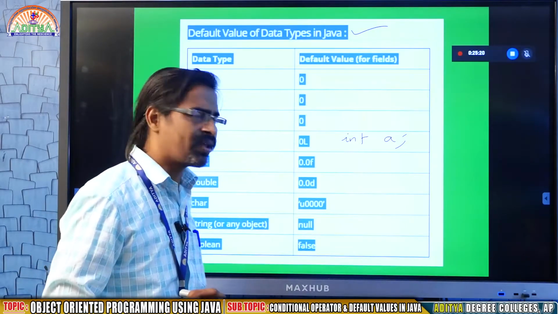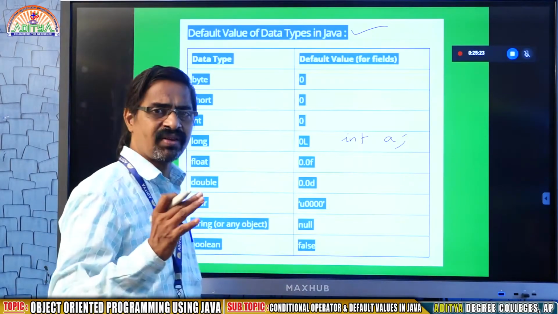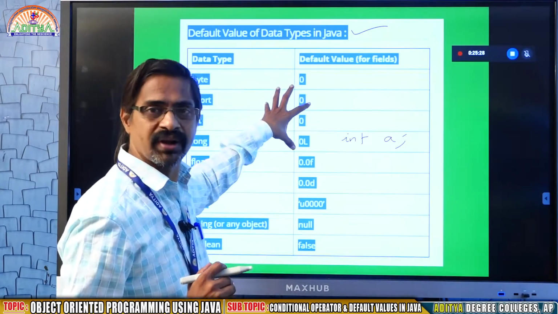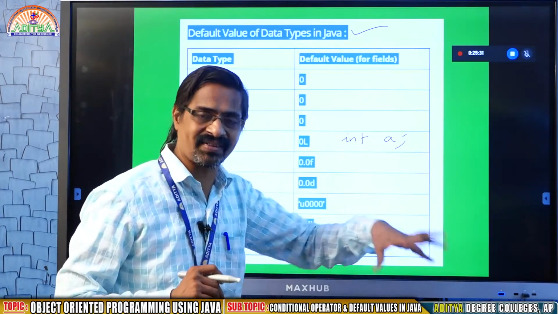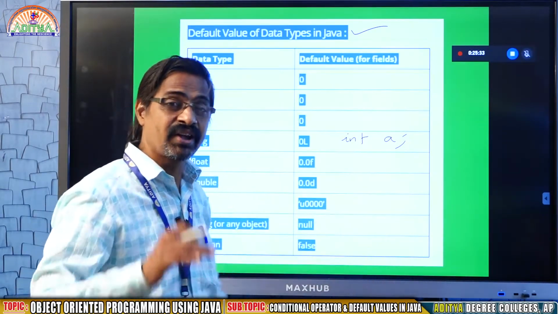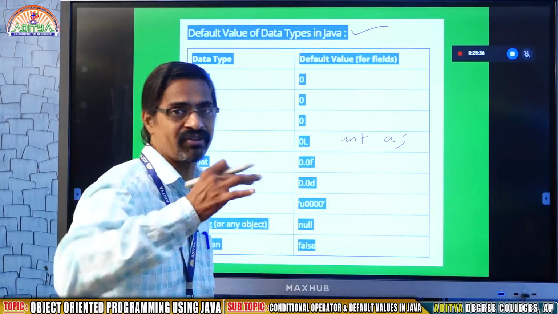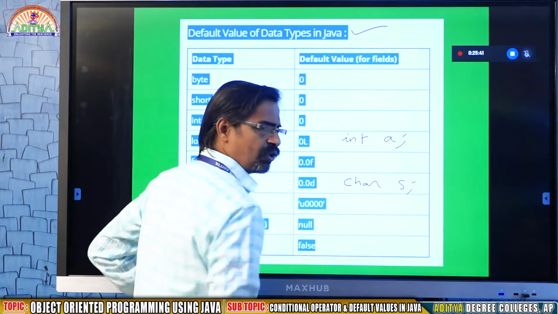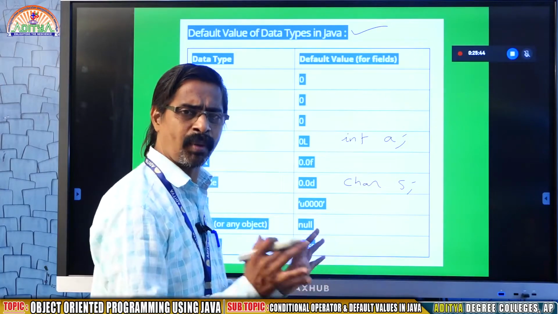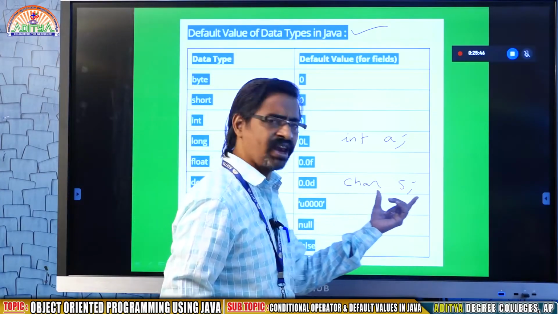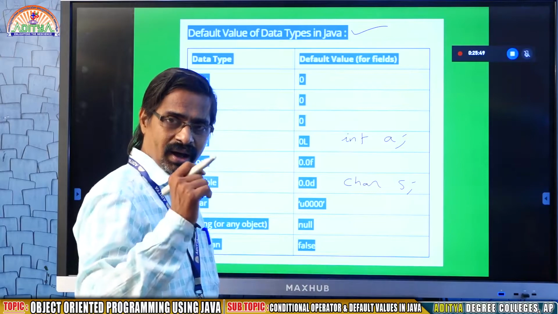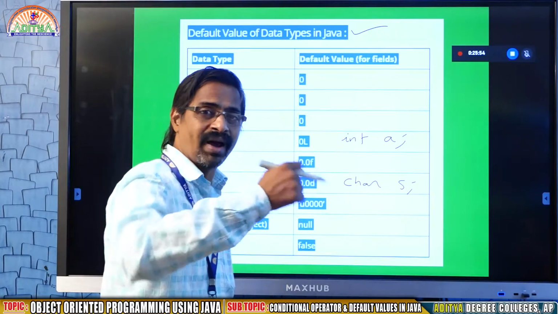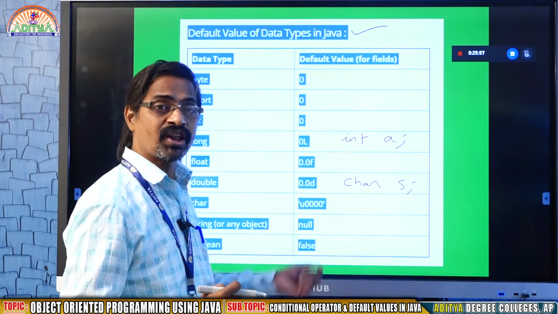In C language, we may say that it is a garbage value. In C language, it is going to take a garbage value. But Java is object oriented, especially when you are working with classes. When we are working with classes, it will take some default value instead of keeping a garbage value. Like this, for example, char s. If you assign a character, then there will be no problem. Here I am not giving any value for s, so the JVM will initialize it with a suitable value, that is called the default value.